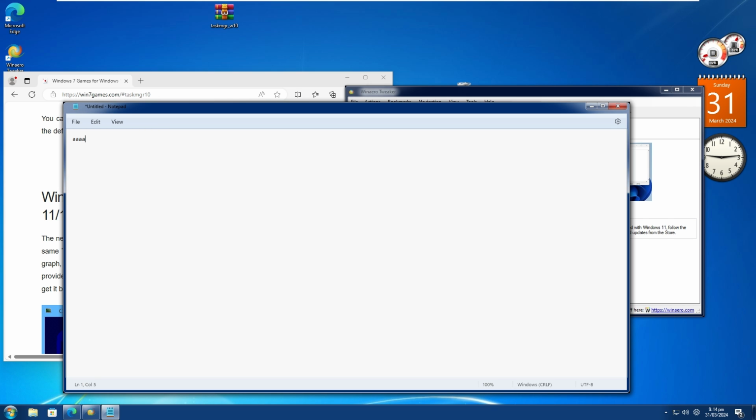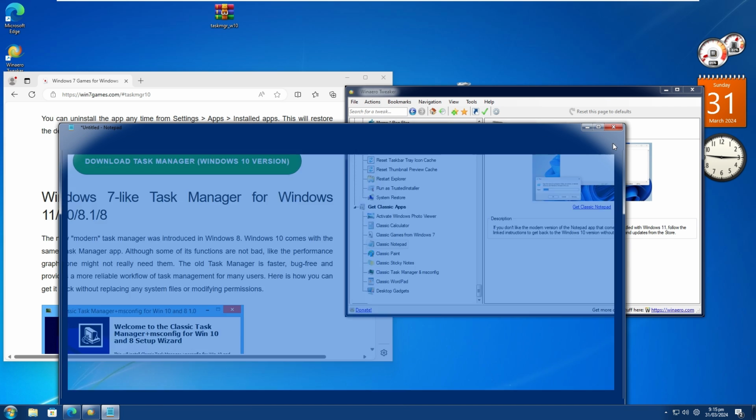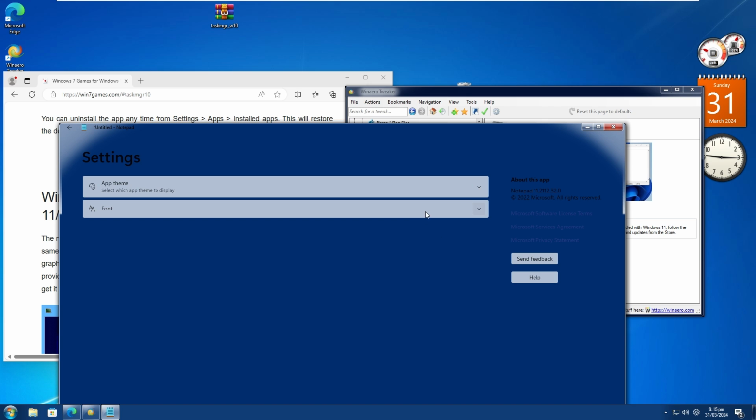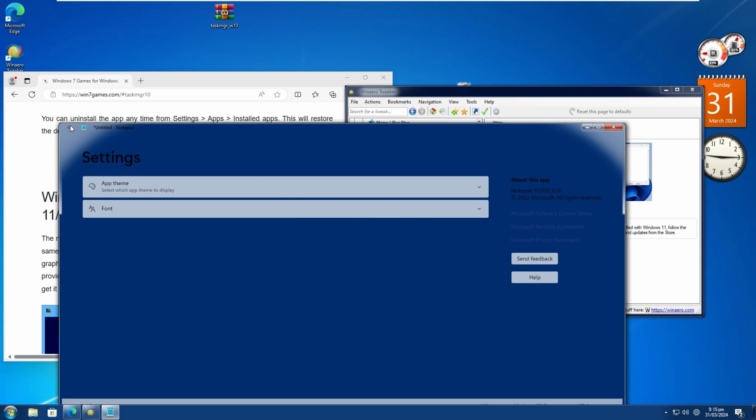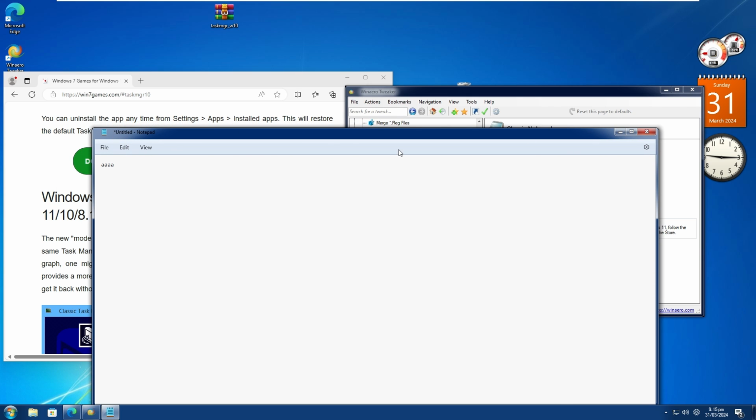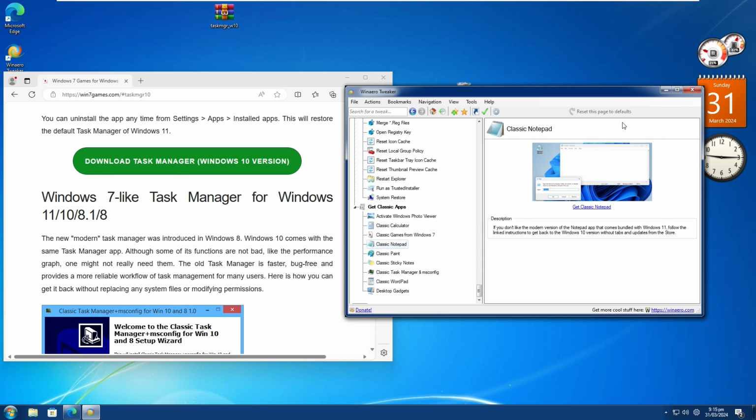Let's type something in here. Can I now make a new tab? Seems like Notepad is not working, but okay. Anyways, we're gonna get the classic Notepad here, and the way you do that, just like the other two,